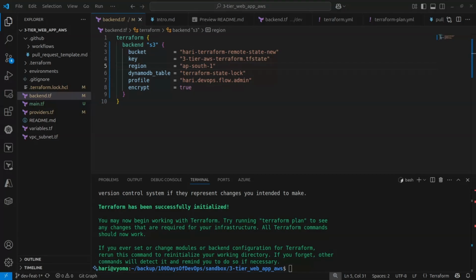Okay, so it is running as of now, but it is fine. But where we are looking is that this sensitive value is not getting shown. So for that, what I have done is I have created this output.tf. This output.tf will show us the value. Let's see if by default